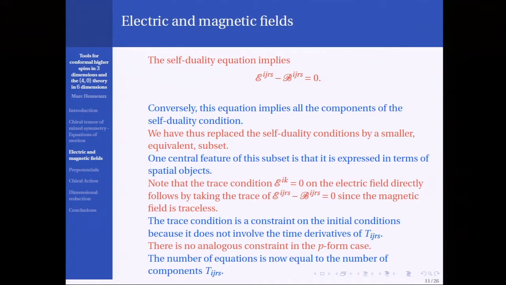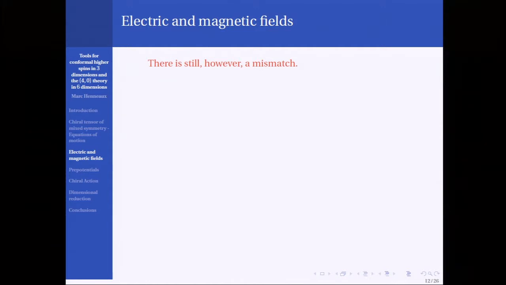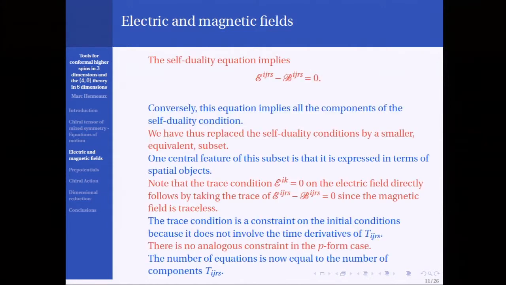But more importantly, there is a mismatch in the equations, maybe I can keep the equation here. This depends only on the spatial components of T, but this will also involve components of T with 1, 0. Recall that this is a Riemann tensor with 1, 0. If you express it in terms of the field, you will find that the gauge components T_0jrs appear. And if you want a variational principle in which only T_ijrs are the variational variables, what do you do with T_0jrs? You might say, well, maybe it's a Lagrange multiplier for a constraint, but it doesn't work in this case.